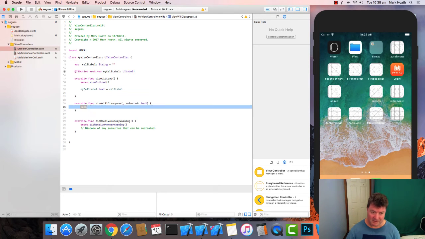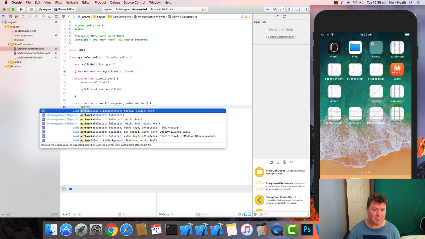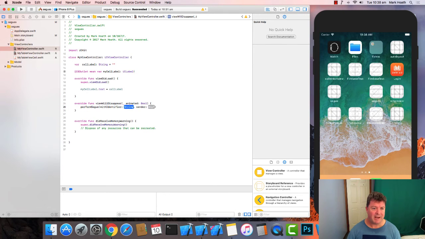That is saying if our tab controller is disappearing, then what we want to call is the segue that we've just created. So we want to perform segue with identifier, and the sender is self, and so we need to create this identifier, which for us is going to be